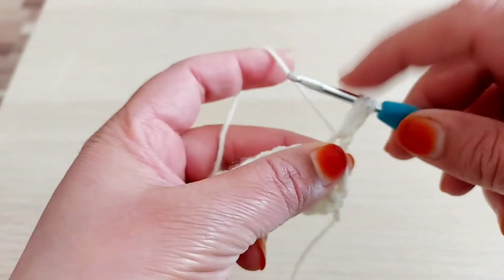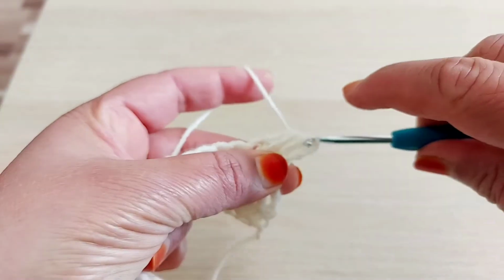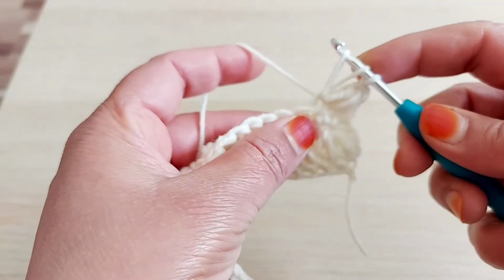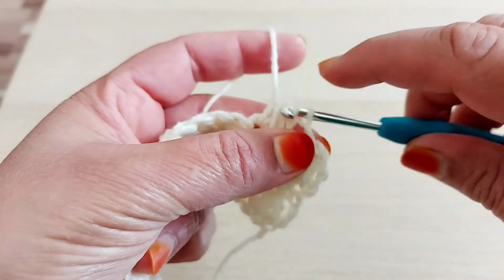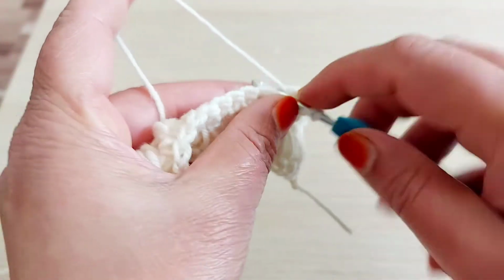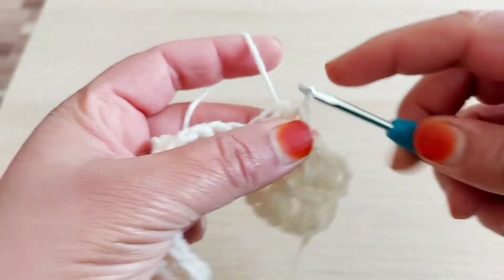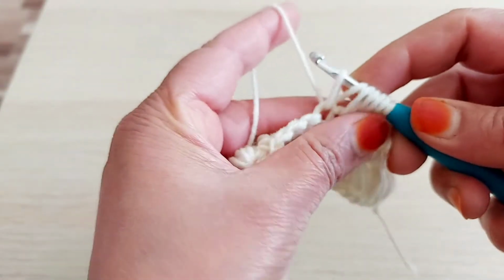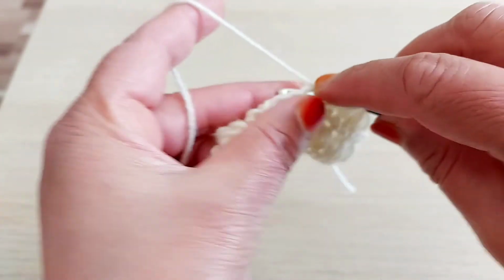same stitch, take loop, same height, yarn over, next stitch, yarn over, next stitch, 7 loops on the hook, pull through, make chain, yarn over, same, next, then next, 7 loops on the hook. Make sure you make the same height. Same, next, next, pull through, make chain, same, next, next,